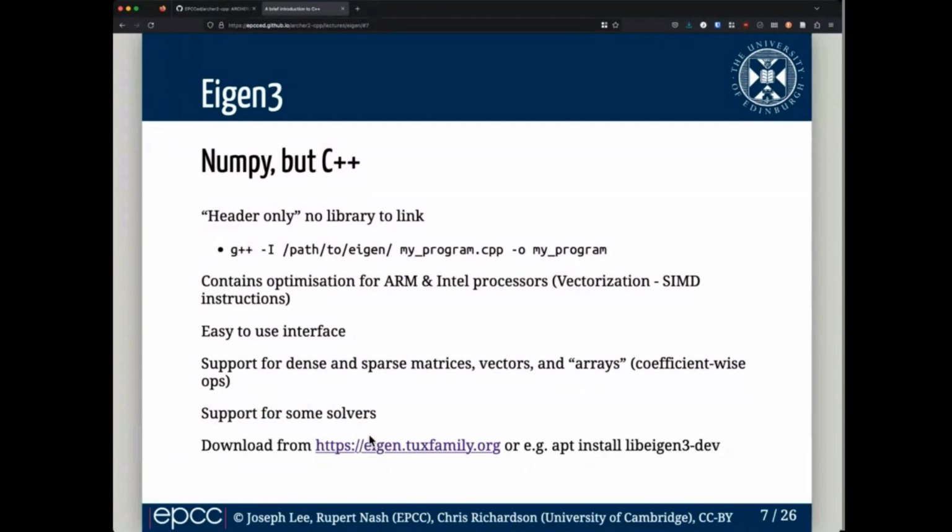Okay, so Eigen, as I mentioned, is very simple to use. One of the benefits is that it's a header-only library. That means you don't need to compile it. You only need the header files, which you can download from this link, or you can do apt-get